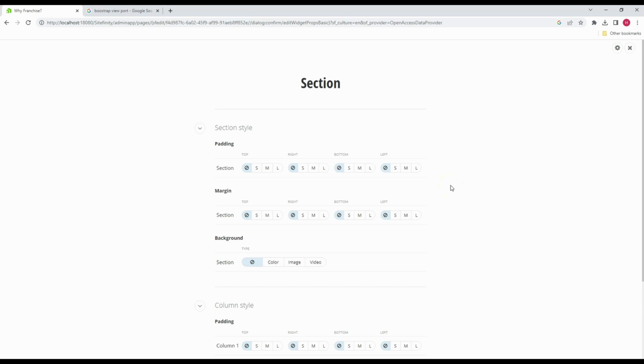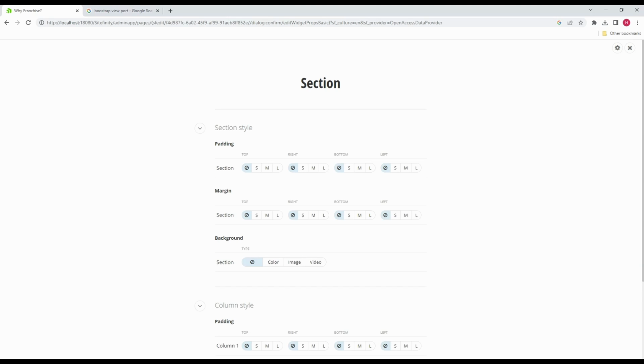Bootstrap includes a wide range of shorthand responsive padding and margin utility classes to modify an element's appearance. Padding is the space between the content and the border of an element, while margin is the space around the border of an element. In the new editor, we provide small, medium, large properties to easily apply padding and margin to different page elements, such as page section and columns, to give content authors the ability to create designs that